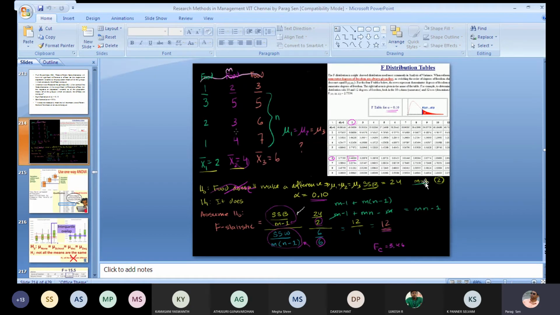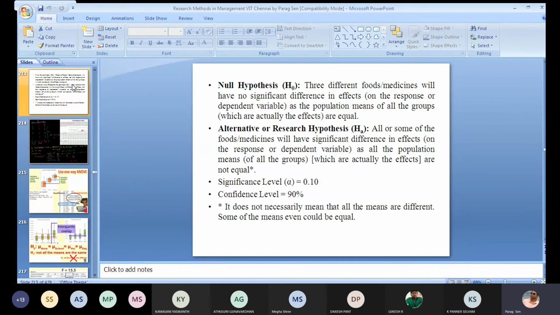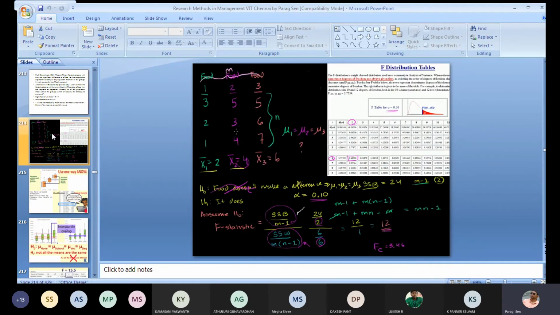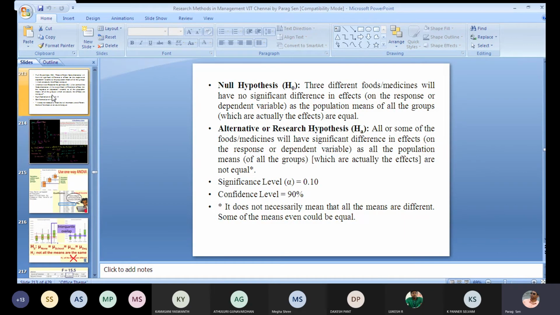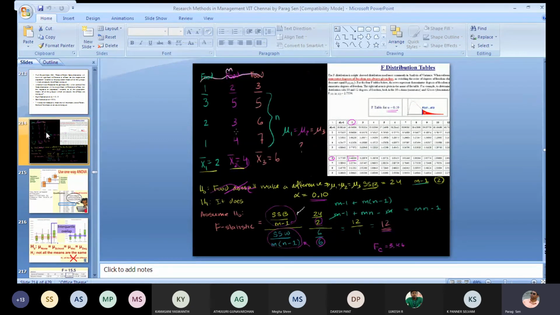are affecting or influencing the response, they have significant effect. For example, if it is the cholesterol level or whatever it is, it has the significant effect. So what does it mean by significant effect? Significant effect means if you use different medicines, it will give you different types of responses. Basically, these are the responses, and these are the average responses.